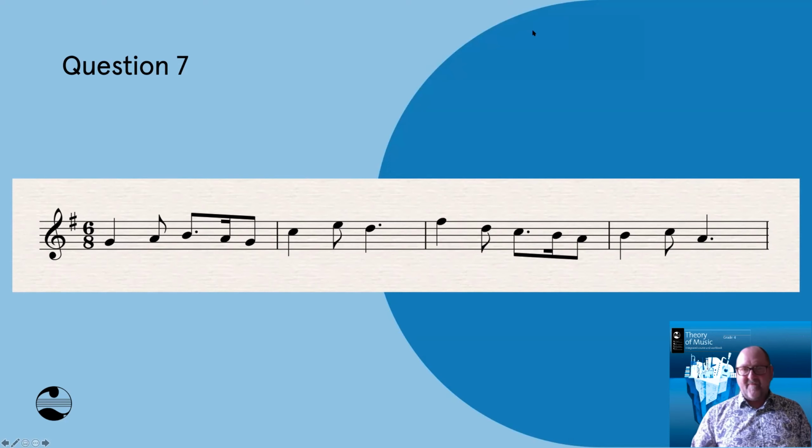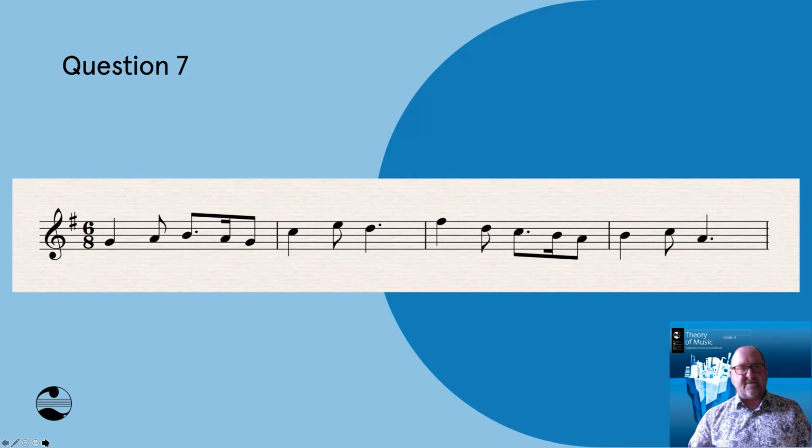Yep. 85% of you said it's the unresolved leading note in bar 3, and you are absolutely correct. The leading note, the F sharp, should resolve upwards, either directly or indirectly, to the tonic, to the G. And what you end up with here is, if we continue on, you've got F sharp, D, C. We've got what we call an exposed tritone, and tritones are naughty in melody writing. So always remember to resolve your leading notes in your melodies.